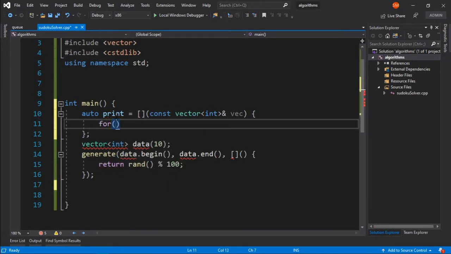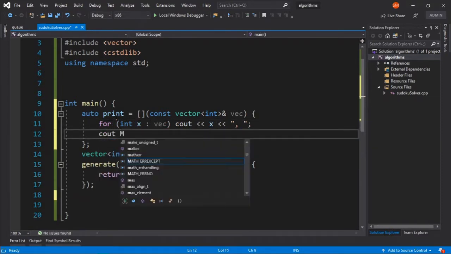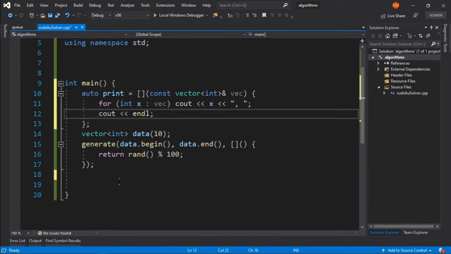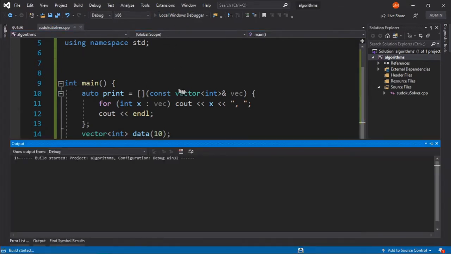it just loops through the vector. So for int x in the vector, it just simply prints the x, and then it gives a comma, and after the whole thing is printed out, it just prints end line. So that's basically it. And now we can print our vector by simply calling print, and then we will give our data here. Okay, now if we run this code,